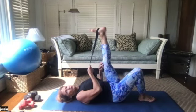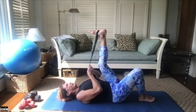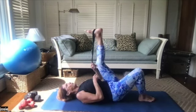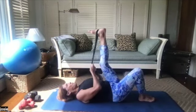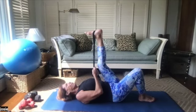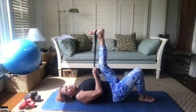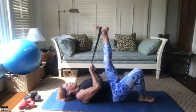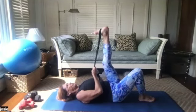But for some people, it's too much, so you may have to have your leg slightly bent. That's perfectly fine. I want you to go to what feels right for you. So I'm pulling this leg up now, and I'm going to hold this leg here for about 20 seconds. While I'm here, I can point my toe and flex to increase the flexibility and the range